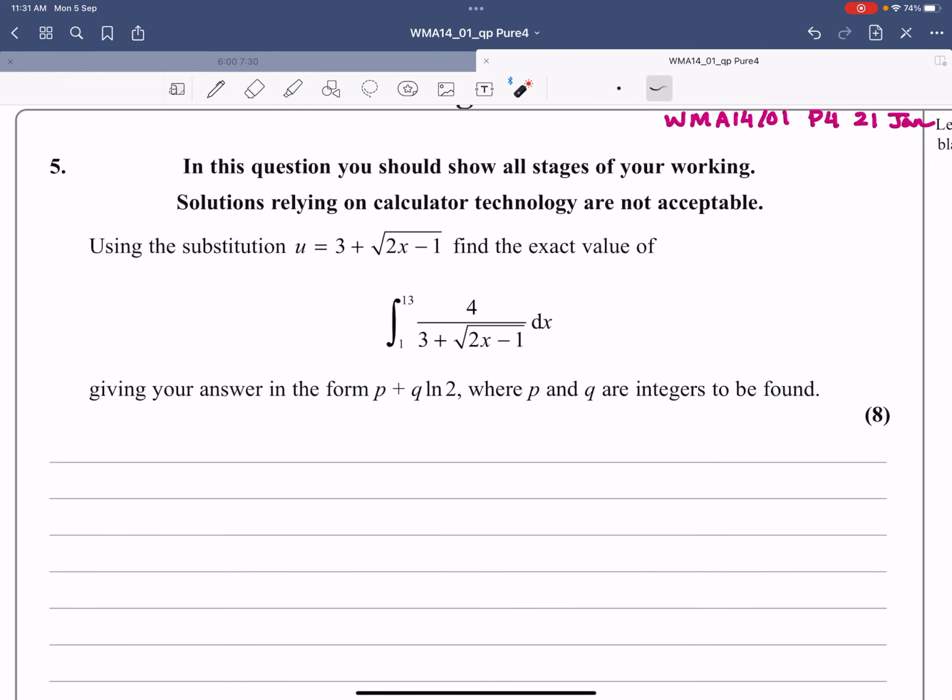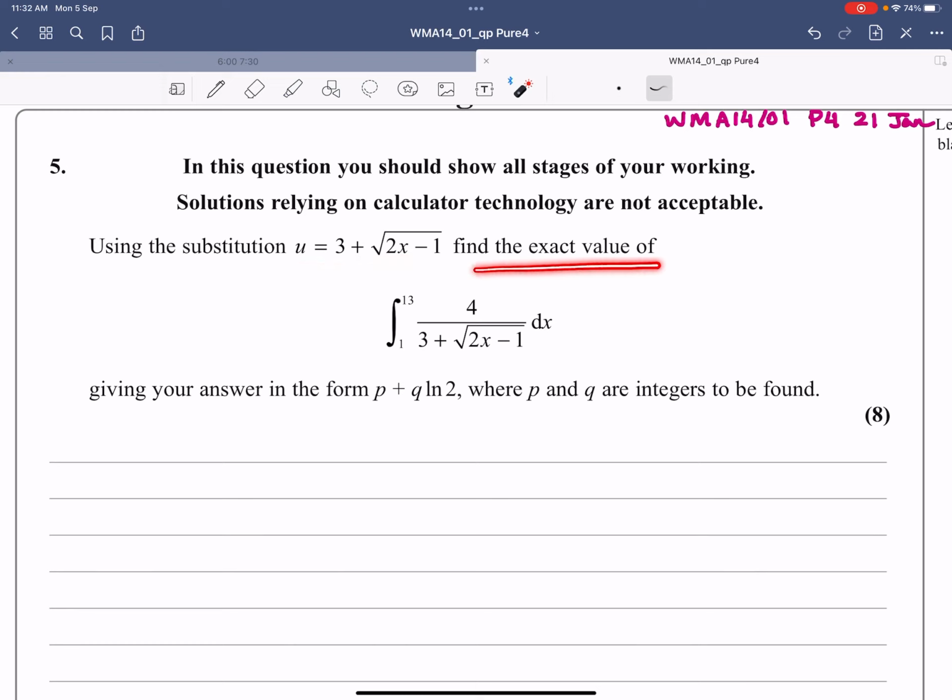This is question number 5 from P4, paper 4, for the year 2021, January. Question number 5, the question says, using the substitution u is equal to 3 plus root of 2x minus 1,